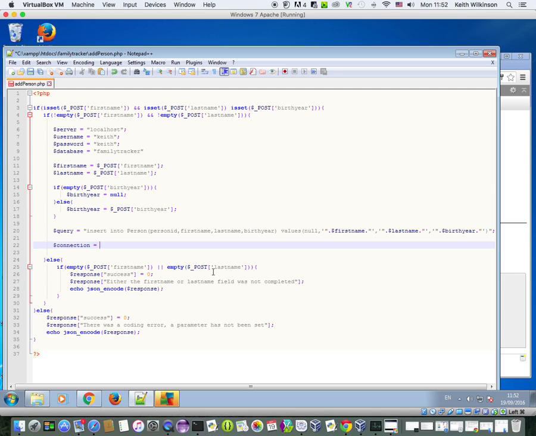Which is going to hold the information for the database. And the way I'm going to do this, I think just follow along without any explanation. MySQL, and we are going to connect,